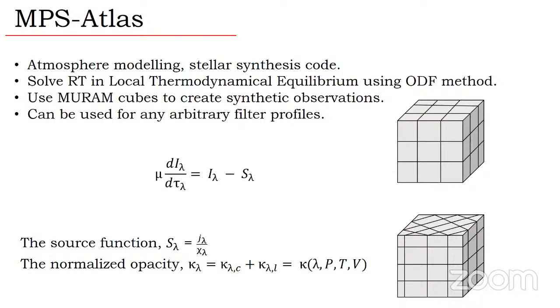The good thing about the updated version of the Atlas 9 code, the MPS Atlas simulation, is that it can be used for any arbitrary filter profiles. So we directly use measured SUIT science filter profiles to solve the radiative transfer through them, so that we incorporate the effects of the science filters directly into our calculation. As you can see on the right hand side, we can have a cube like this, and we can slice them up at various angles and interpolate them to also add the effects of the line of sight that you're observing the cubes in. So